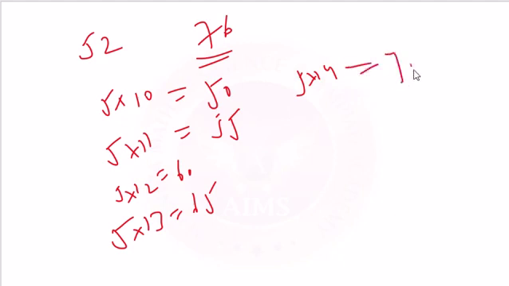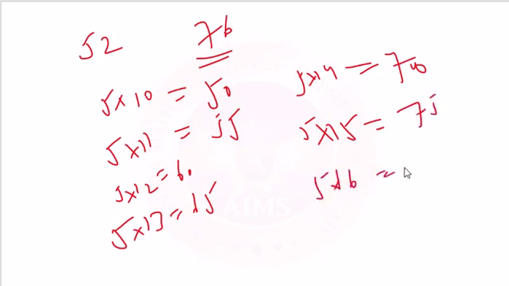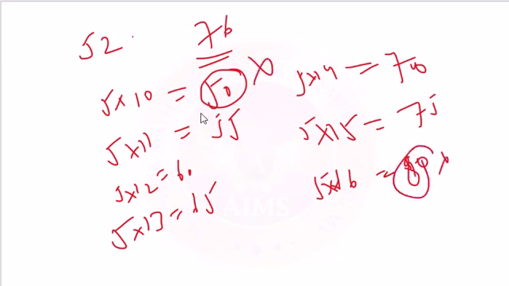5 14 times is 70. So 5 15 times is 75. So 5 16 times is 80. Between 52 and 76, this 50 we have to remove, 80 we have to remove, and 55, 60, 65, 70, 75. These 5 multiples are there between 52 and 76. Like that we can count.